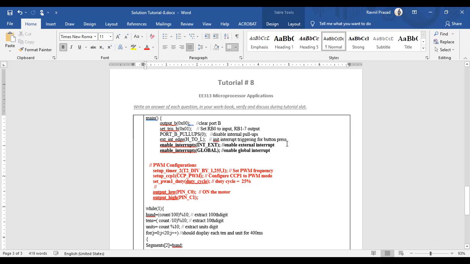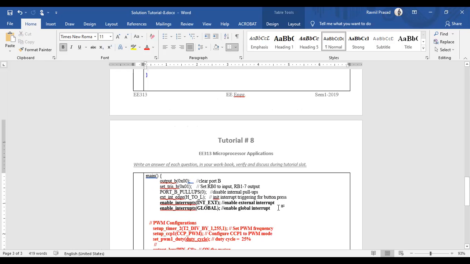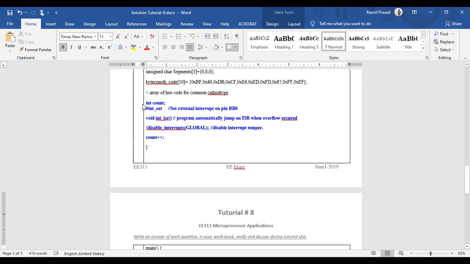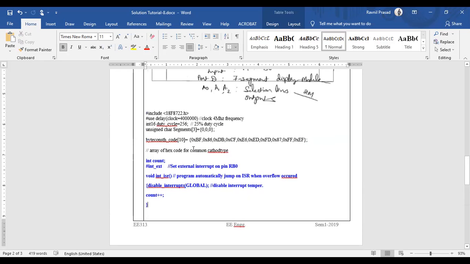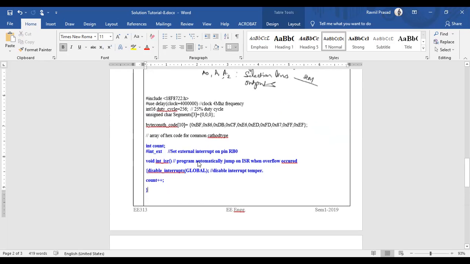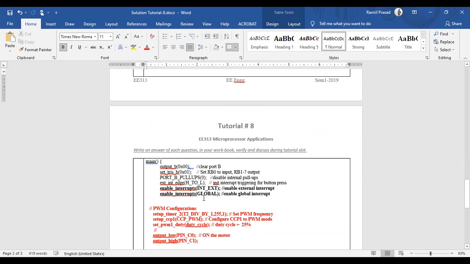So once we have done that, there needs to be a program, the external interrupt program attached to this external part, right? There needs to be a function, the external interrupt function that is attached to this. So that will be this particular part, right? So whenever a bag passes the proximity sensor, the count increases, right? So in this particular case, we are attaching the external interrupt to the